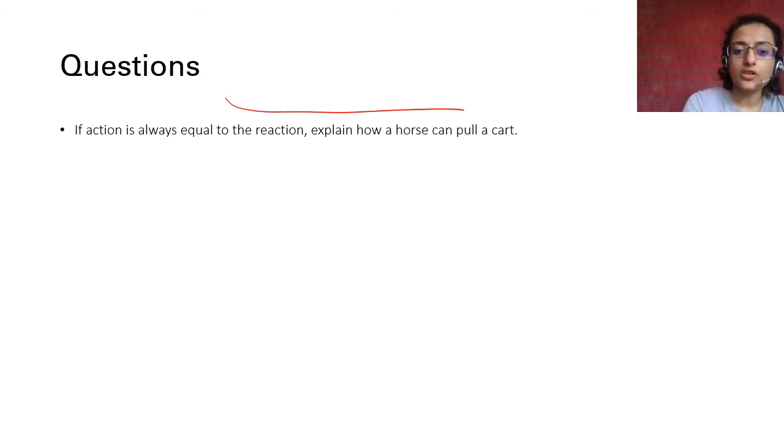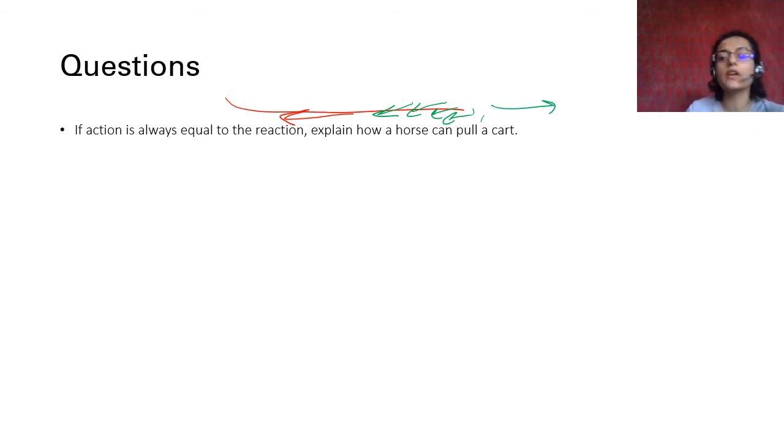When you walk, you push the ground back and the ground pushes you forward with the same force. That is why you move forward. That is exactly what the horse does. The horse with its 4 feet is pushing the ground back, and the ground is with the same amount of force pushing it forward, and the horse pulls the cart because the horse and the cart are attached. They are part of the same system. So जितना force horse डाल रहा है, वही force is acting on the entire system. Therefore the cart also gets pulled.